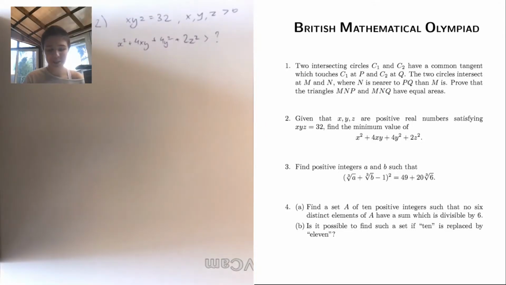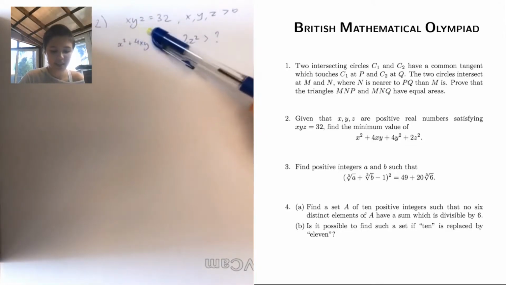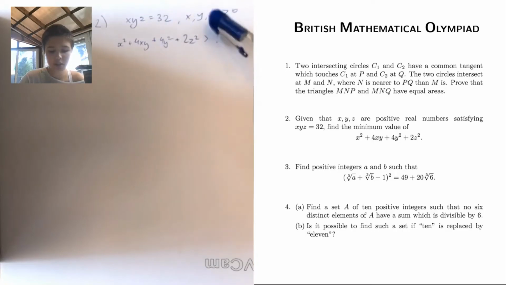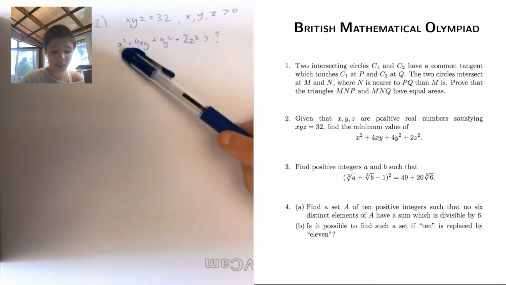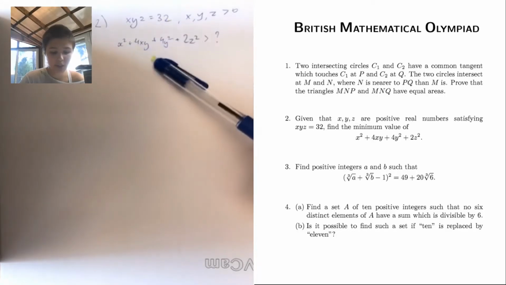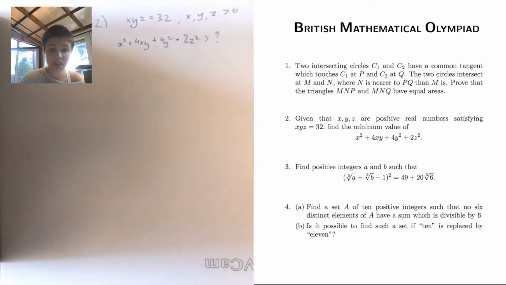So for question 2, you're given that xyz is equal to 32 and all of x, y, z are larger than 0, and you need to find the minimum value of x squared plus 4xy plus 4y squared plus 4z squared. Do note that basically in BMO, I think there's 2 standard techniques I'd apply to inequalities or minimum finding things, but mostly